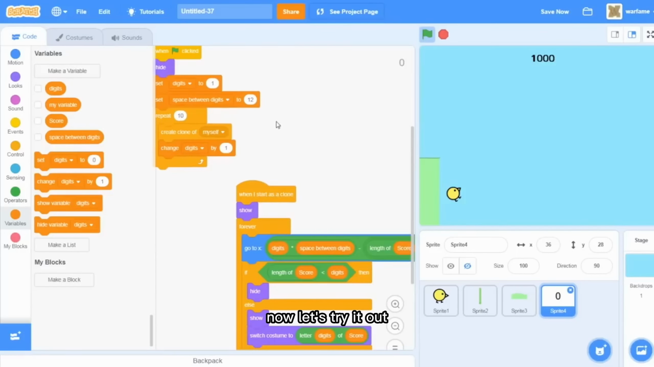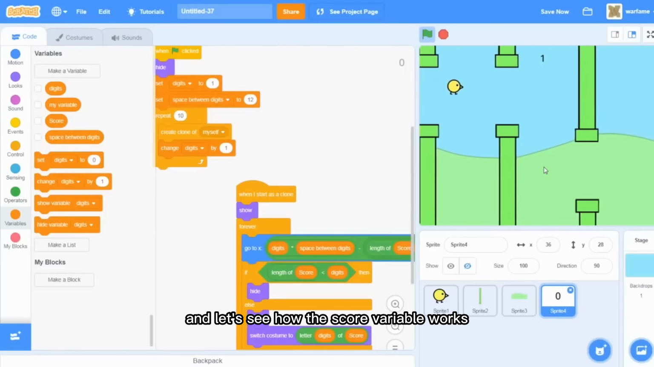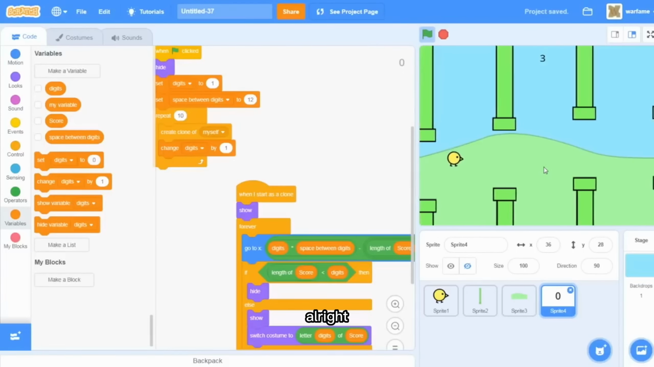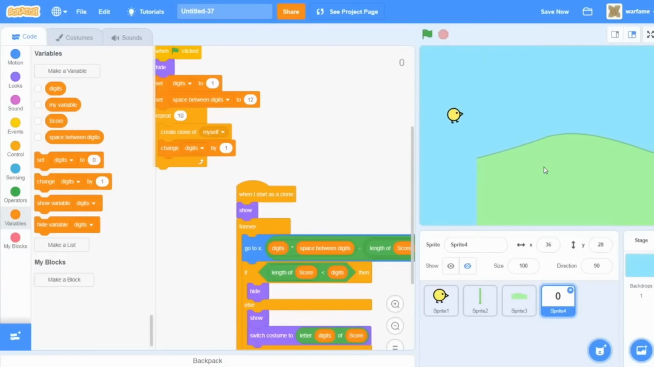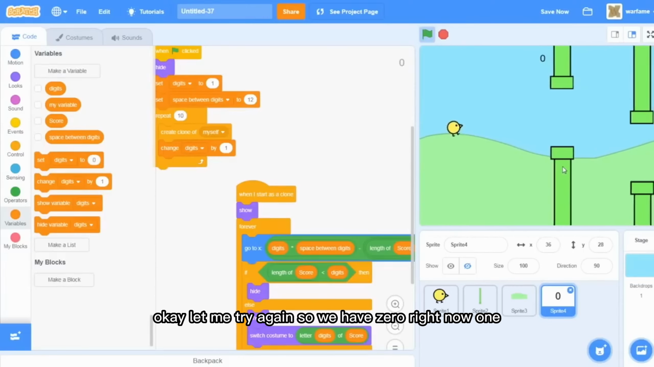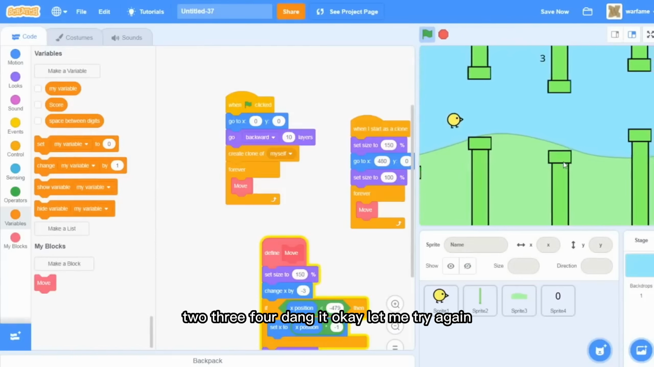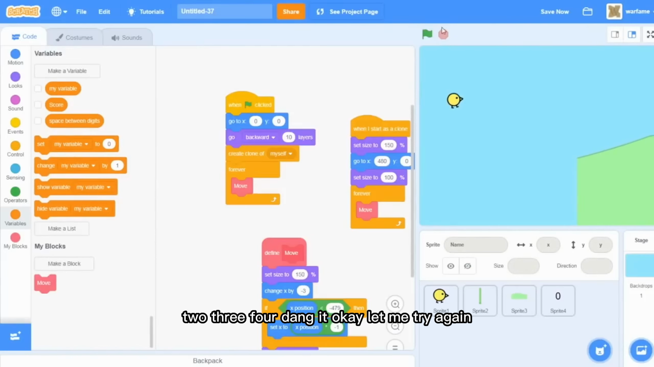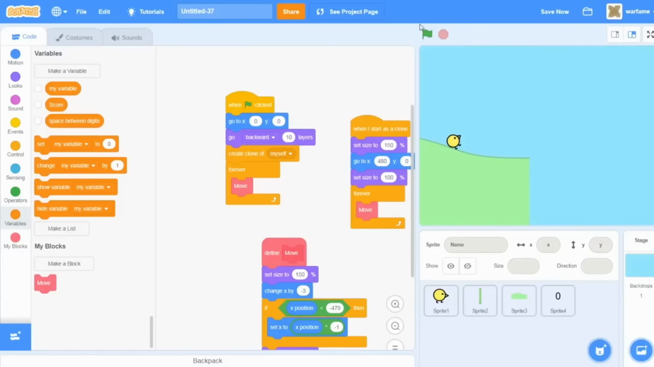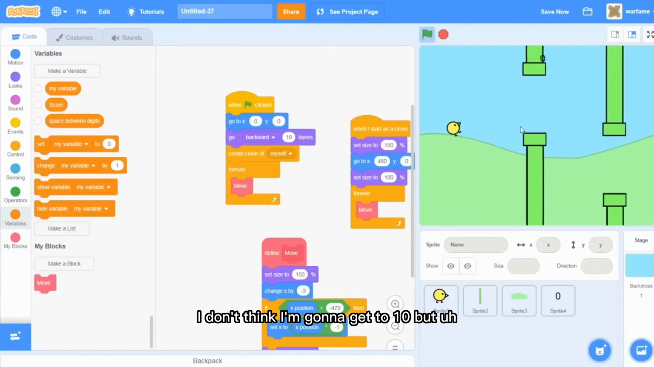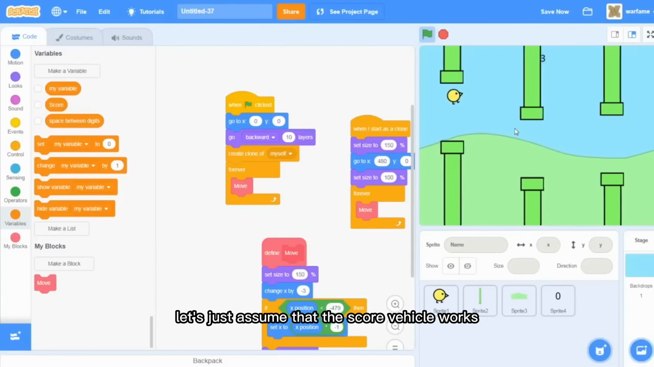So yeah, now let's try it out. And let's see how the score variable works. Alright, it looks pretty good. So I'm going to try to get to 10. Oops. Okay, let me try again. So we have 0 right now. 1, 2, 3, 4. Dang it. Okay, let me try again. Okay, I don't think I'm going to get to 10, but let's just assume that the score variable works based